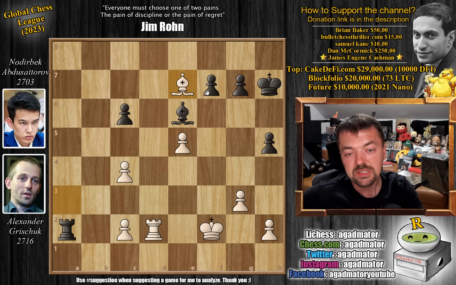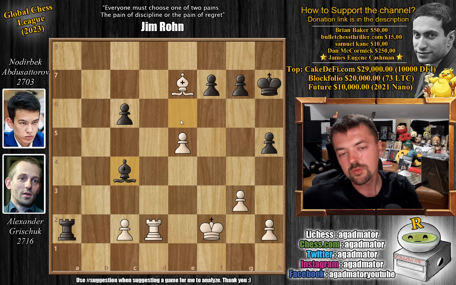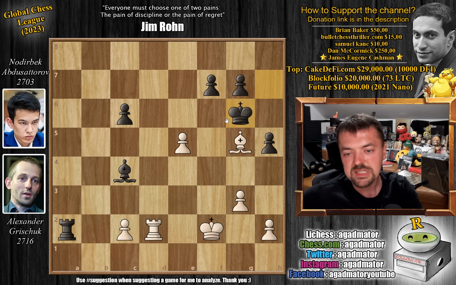Bishop back to e7, and bishop captures on c4. And now, okay, the material is equal, bishops are of opposite color. Obviously, this is a draw, is what you would think. But one of the players is very, very low on time, and I don't have to tell you which of the players it is. So bishop to g5, we have king to g6, and now pawn to h4, defending the